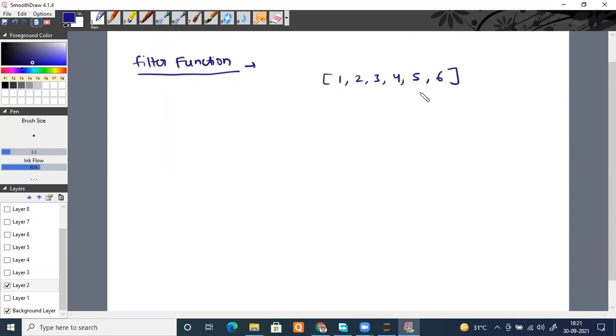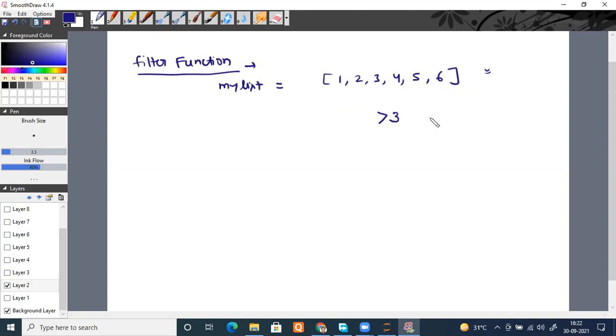What I want now, I want to filter this sequence. Suppose this sequence is again known as my list. Any sequence it can be, for example, this is a list. And I want to filter this list as per my requirement. Suppose I want only those numbers from this list which are greater than 3.